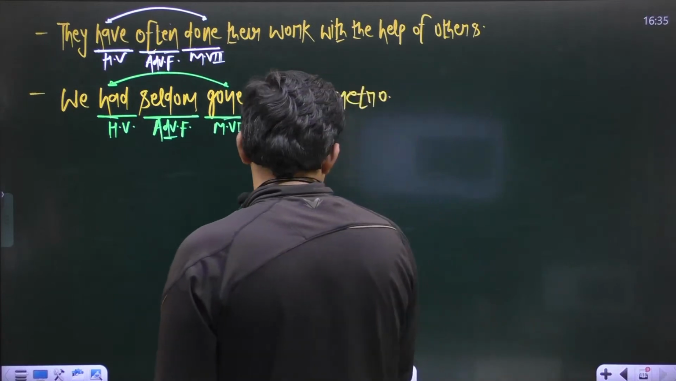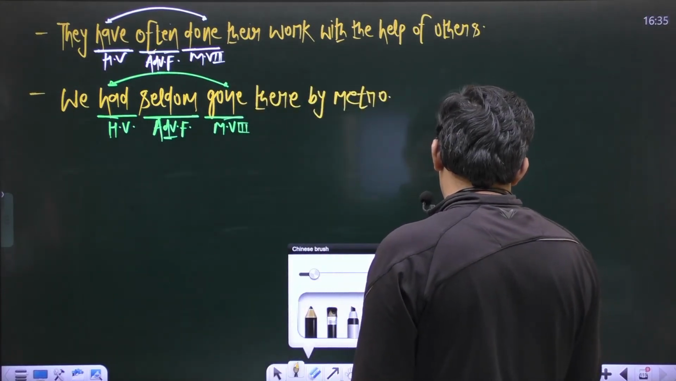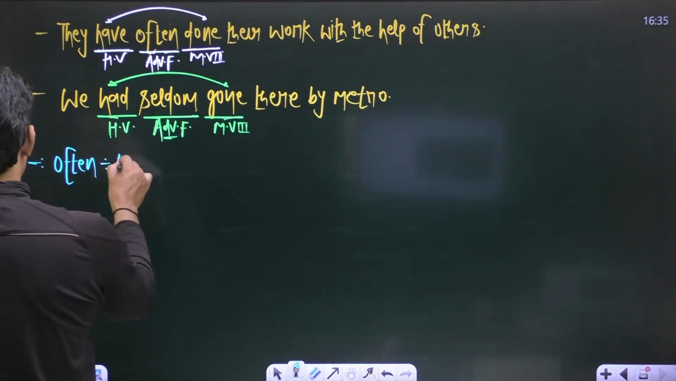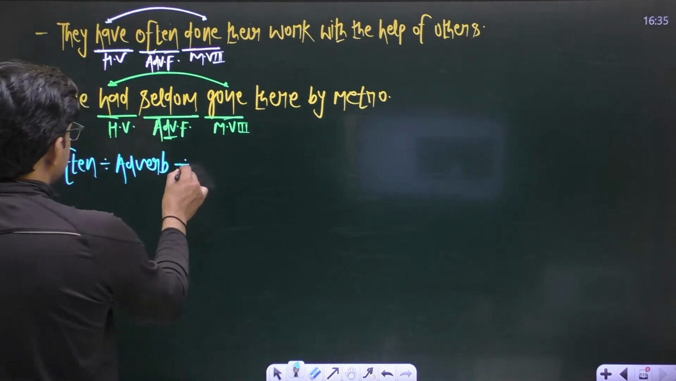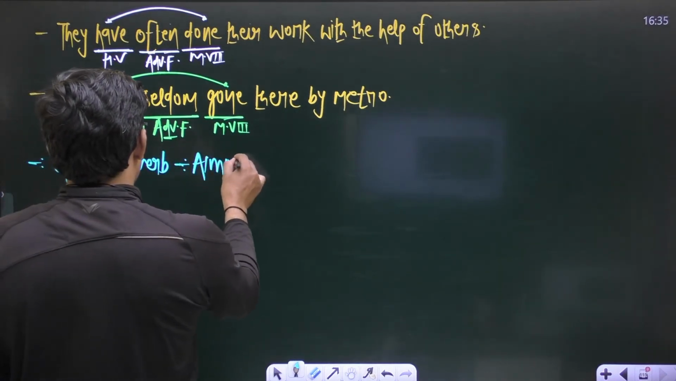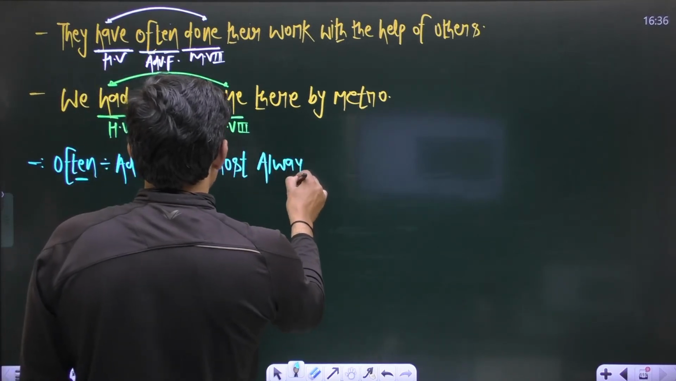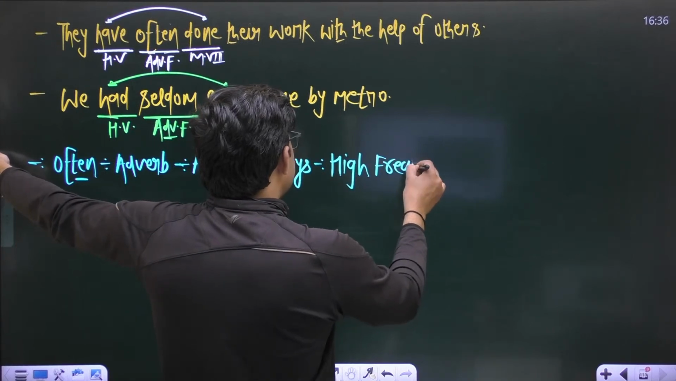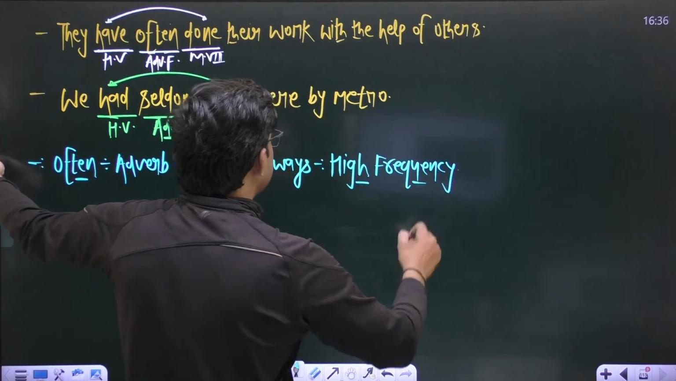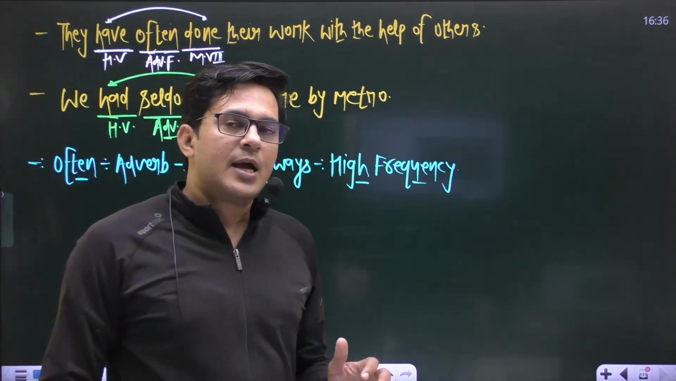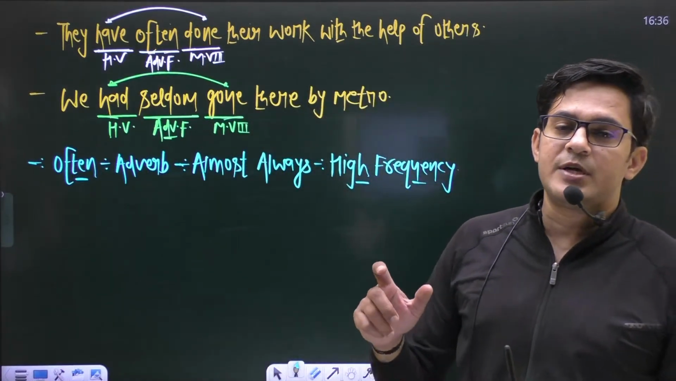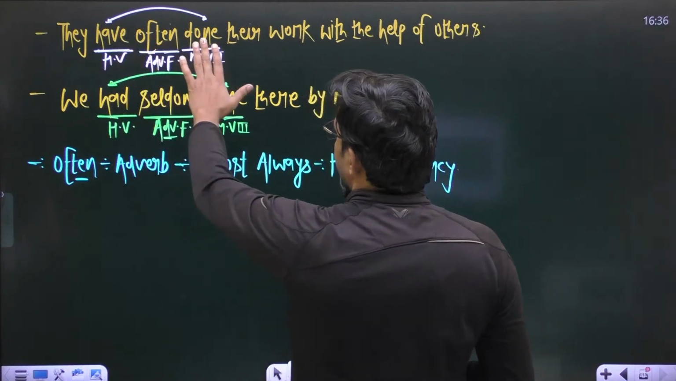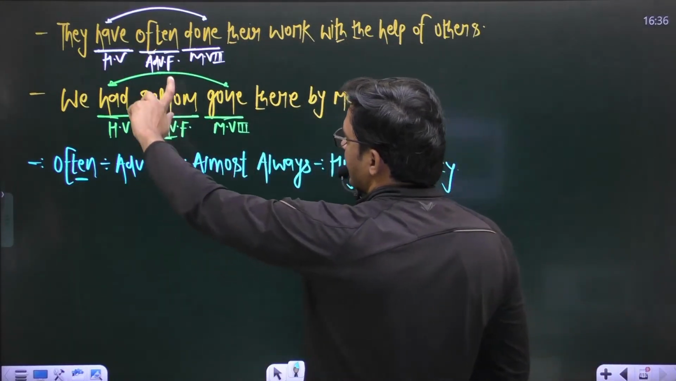Okay, so in the first sentence, you know it very well, we have a word, and the word is often, right? This word often is an adverb, and this word often means almost always. So this word often shows high frequency. It means whenever you use the word often in a sentence, in that particular sentence any activity has high frequency to happen, right? If I say they have often done their work with the help of others, it means this activity happens almost always